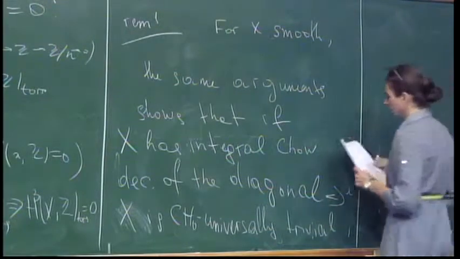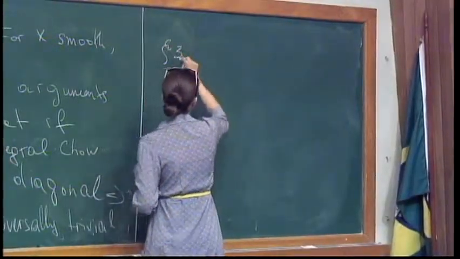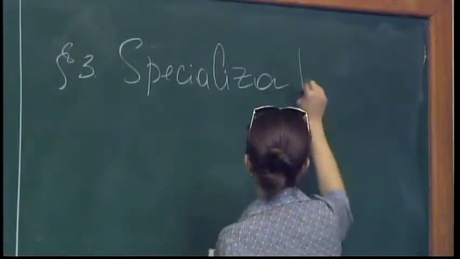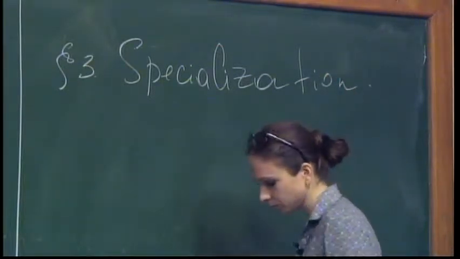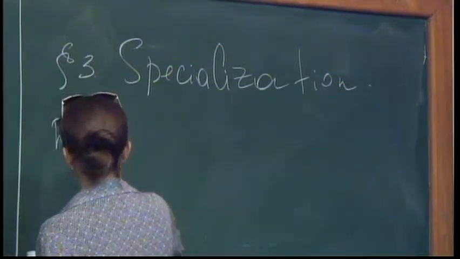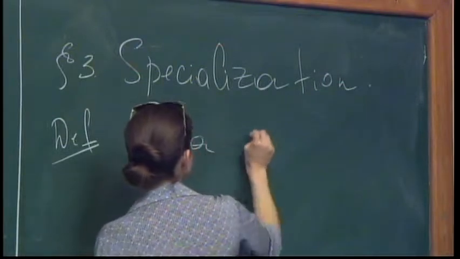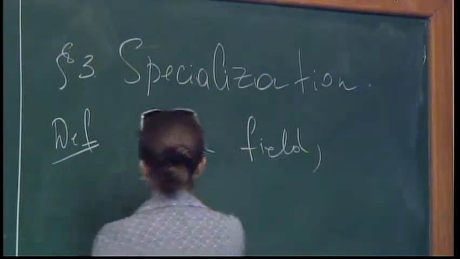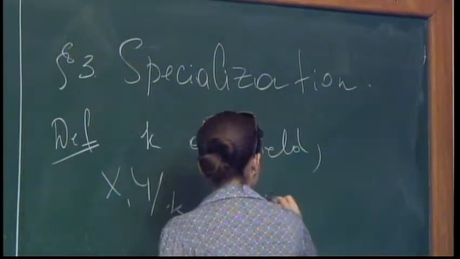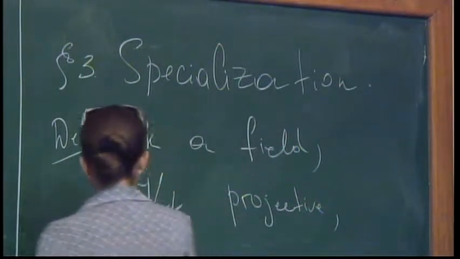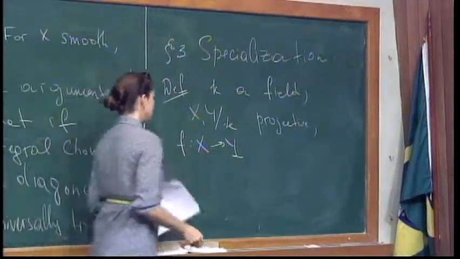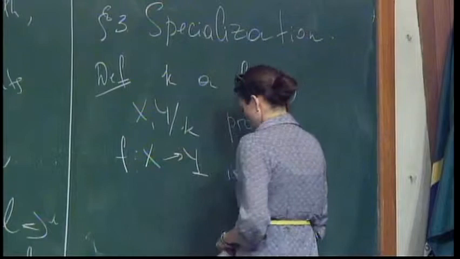Well, I think that this is chapter 3, specialization properties. Okay, so let me first make a definition. So K a field, X, Y projective varieties over K, and f a map between X and Y. So we say that f is, the definition,